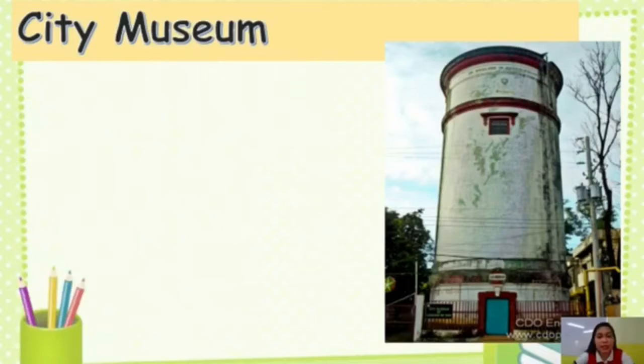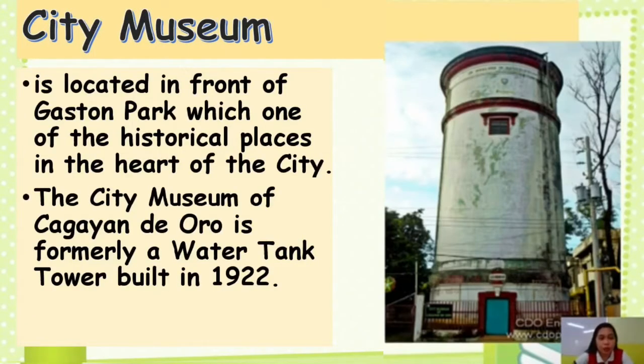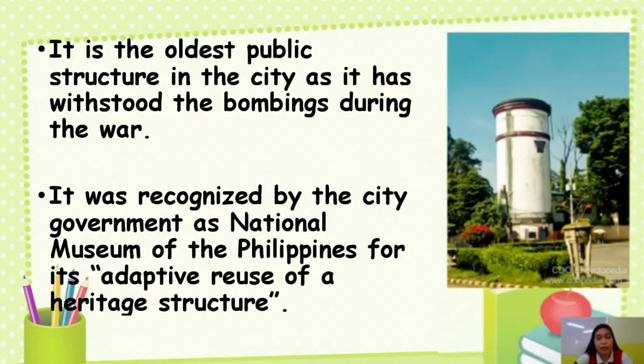So next we have the City Museum. This one is located in front of the Gaston Park, one of the historical places in the heart of the city. The City Museum of Cagayan de Oro is formerly a water tank tower built in 1922, but it was renovated and improved into a museum in 2008. And it is the oldest public structure in the city as it has withstood the bombings during the war. It was recognized by the city government as National Museum of the Philippines for its adaptive reuse of a